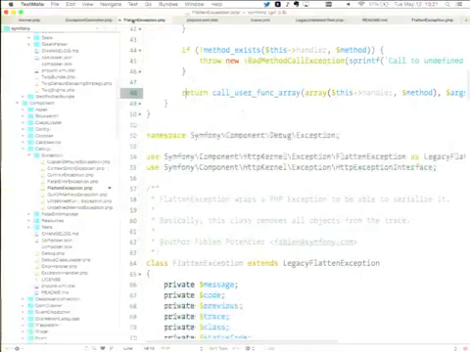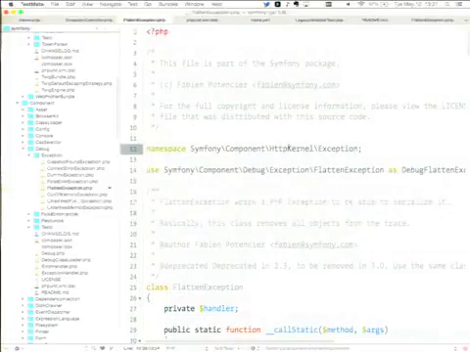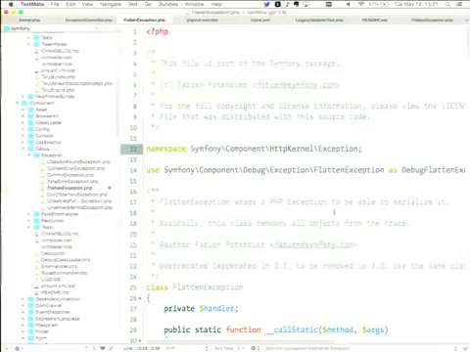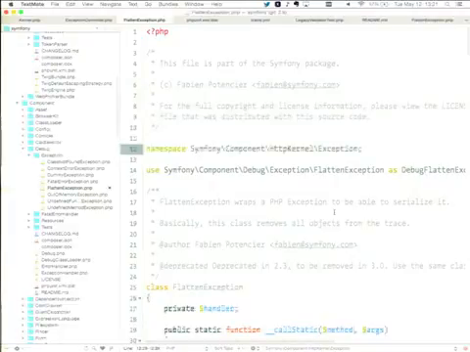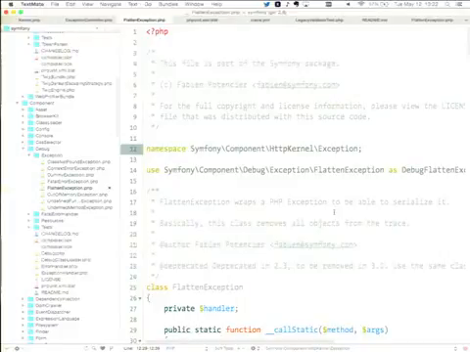But if you have a look at the new one, we extend this class which is defined here in the old namespace. That's because we need to keep backward compatibility with type hints. So even if you added a type hint for the old class, we need to make it work with the new namespace. That's a lot of code that we need to add to make sure that whatever you're doing with the code, we do maintain backward compatibility.